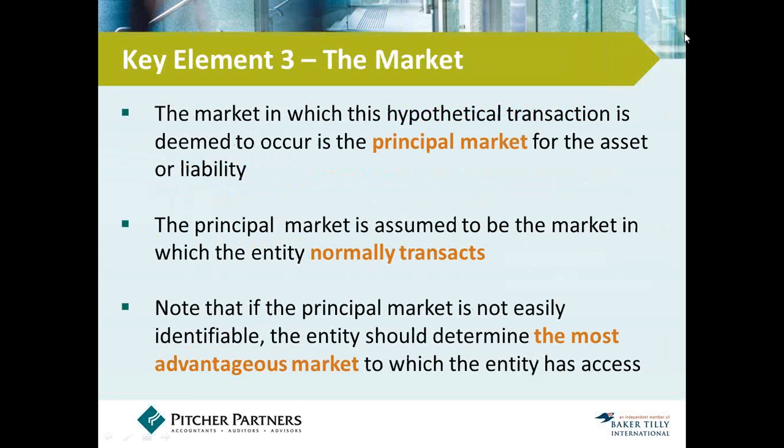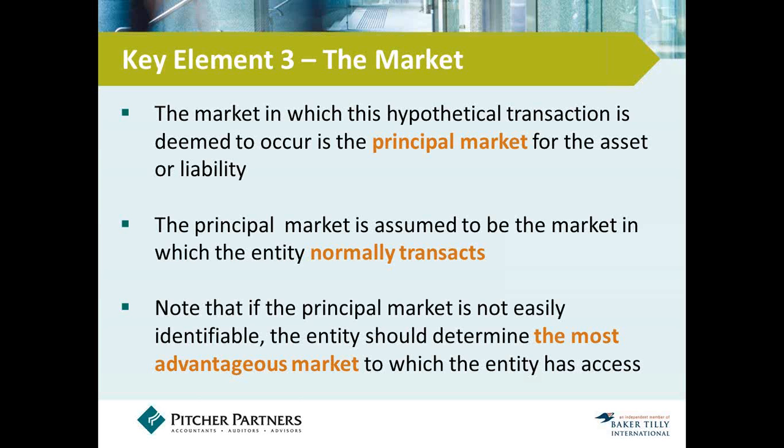Now the last one is to look at the market. Now the market in which this hypothetical transaction is deemed to occur, or assumed to occur hypothetically, and this is very important, is the principal market for the asset or liability. So when we look at the market, first instance, we look for the principal market. And now the principal market is assumed to be the market in which the entity normally transacts. So if we usually transact for a specific asset in a specific market, then that's the principal market. There could be a lot of different markets to sell an asset, but if we usually use eBay, then that's